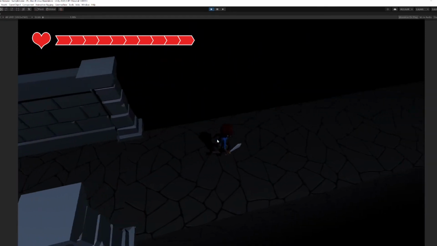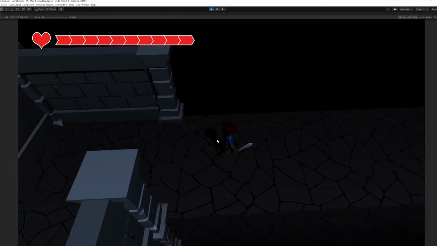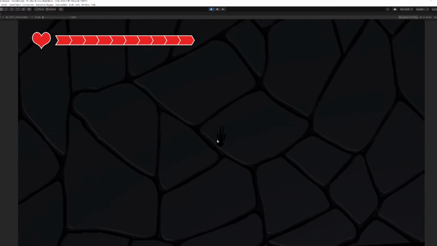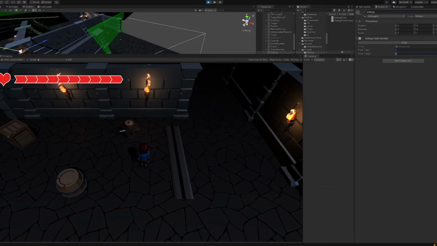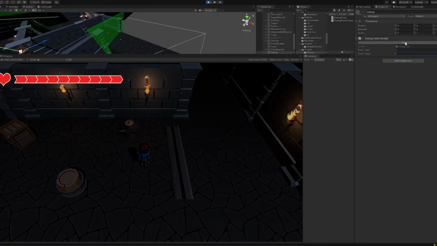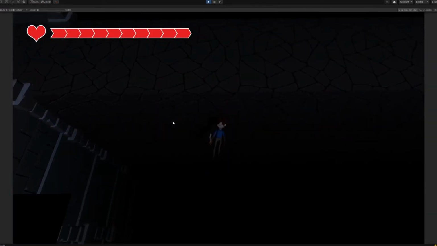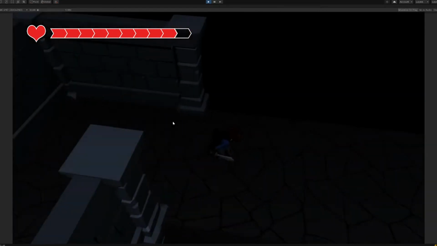Still, one detail was missing. When you fall into the blackness, the camera is still rendering the game. This is okay in some cases, but sometimes the player will be able to see the character fall until the respawn is made. To fix that, I created a fade in and out system on the interface. With just a line of code, I can schedule a fade out for the duration I want. And to test things out, I created a debug script. Now when the player falls down, the screen fades to black and 1 point of health is decreased.